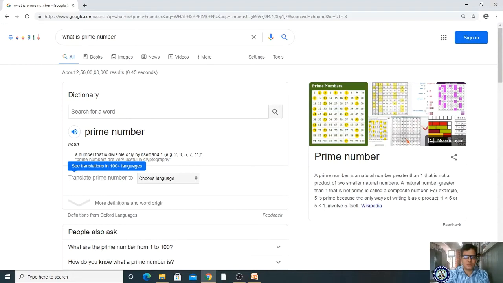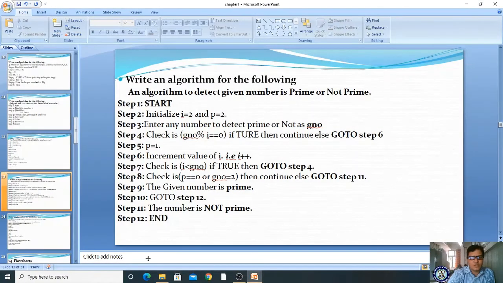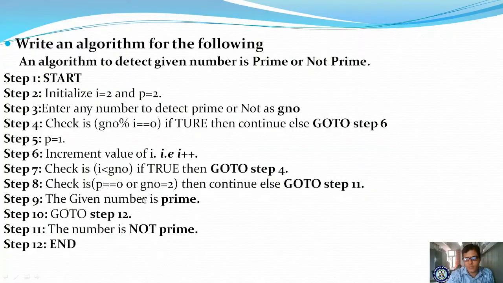So here the examples have been given: 2, 3, 5, 7, 11. 2 is divisible by 2, 3 is divisible by 3, 5 is divisible by 5, 7 is divisible by 7, and 1, right? So that is why it is called a prime number. The number which is divisible by 1 and itself is called a prime number.